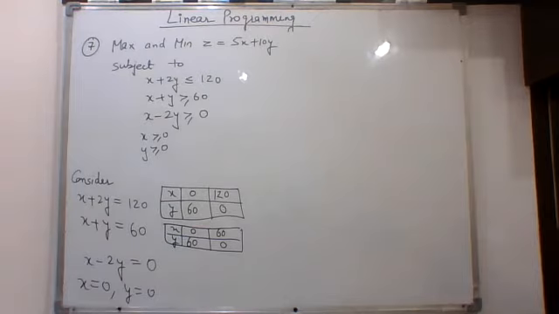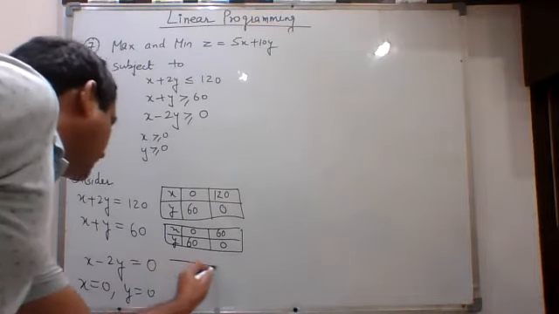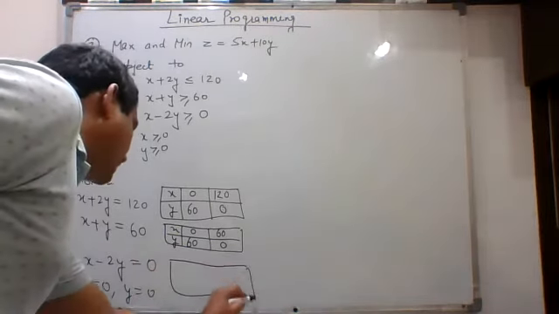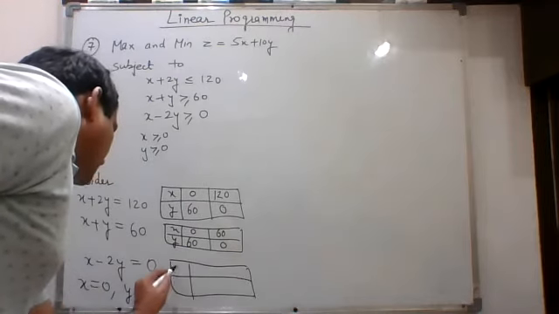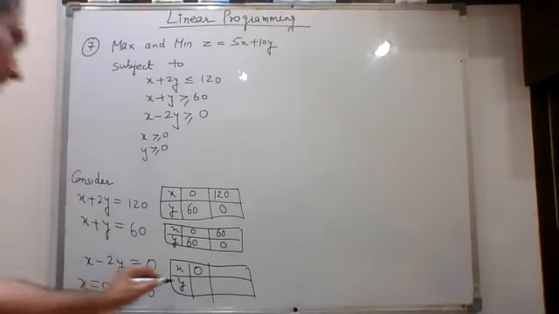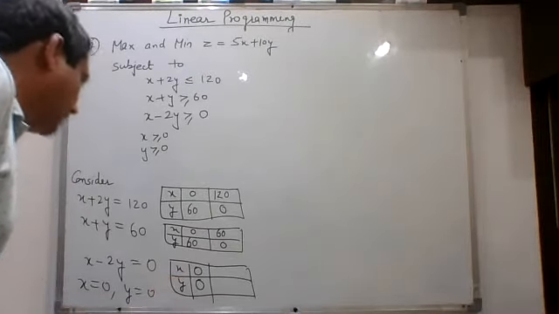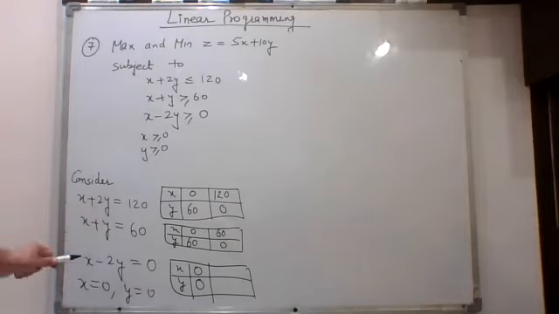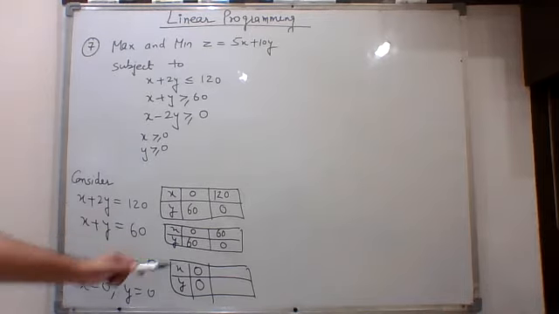Now the third line. When you draw the table for this third line, x, y, when you take x is equal to 0, your y is also coming out to be 0. So this line is a special line which will pass through the origin. Note this point. This is a line which is passing through the origin, because when you put x equal to 0, your y is 0, or y is 0, then your x is 0.